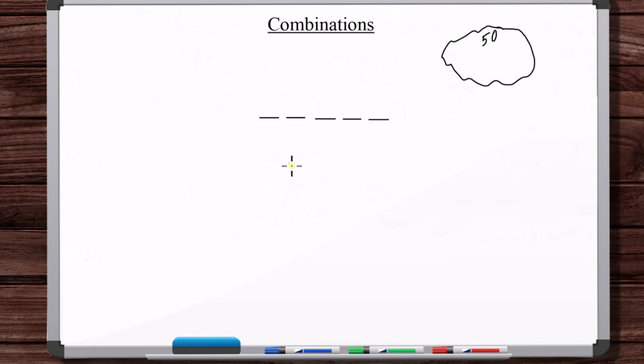Well, all we need to do is, so we're going to start by counting the number of permutations. So we know how to do this. That's going to be